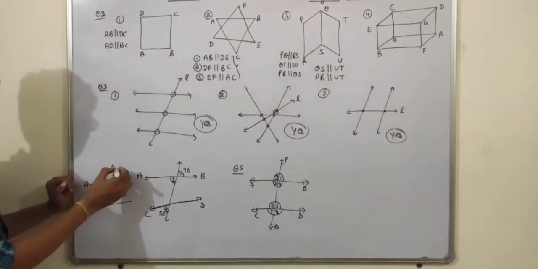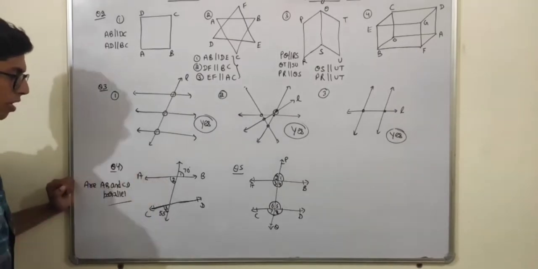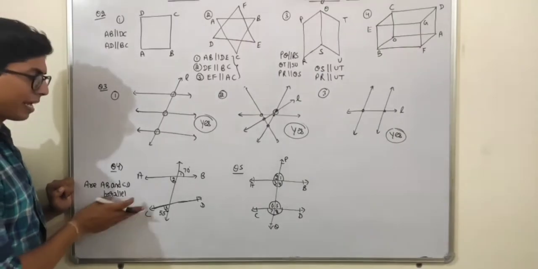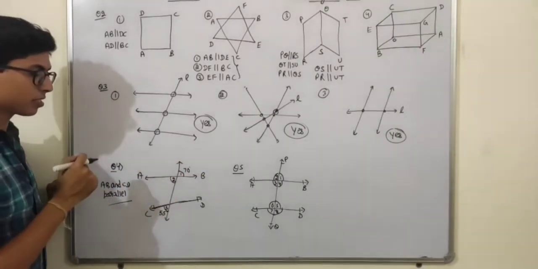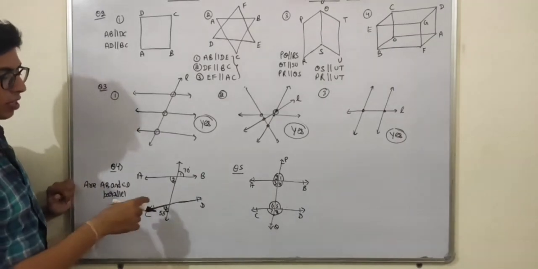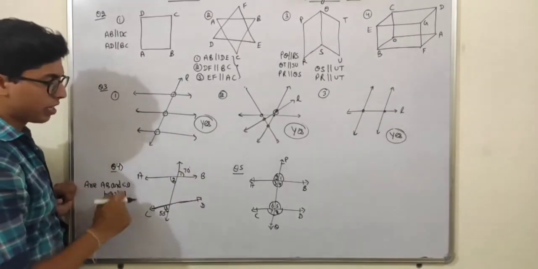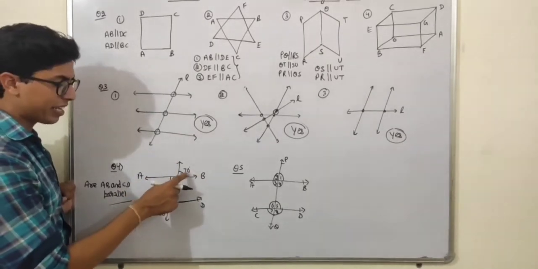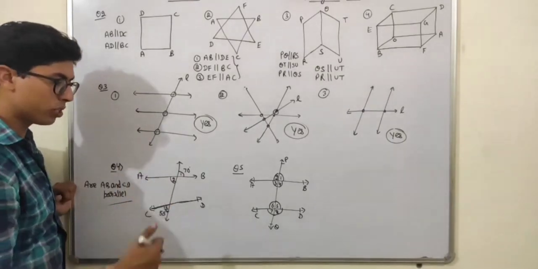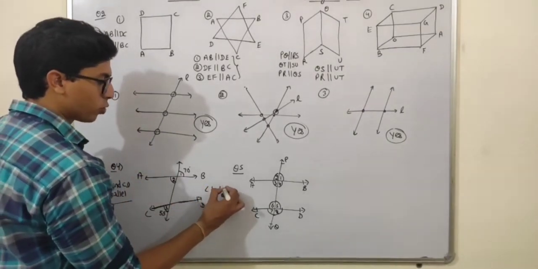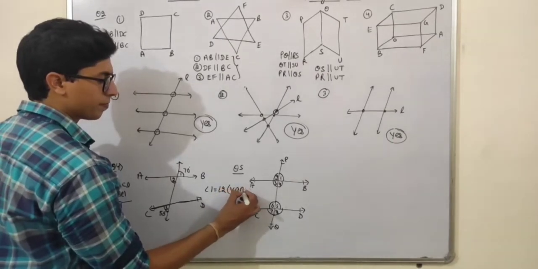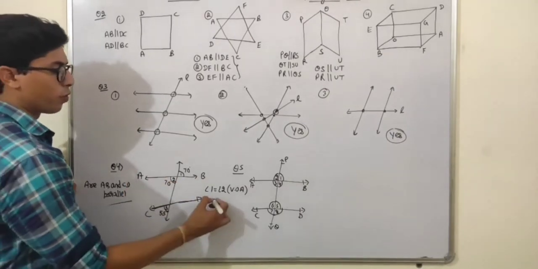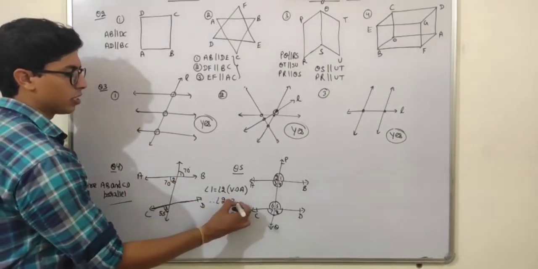Now in this case, students, question number 4, I have to check whether AP is parallel to CD or not. To check this, angle 1 is 70 degrees, as given. These two lines are intersecting lines. I can say that angle 1 is equal to angle 2 because of vertically opposite angles. So angle 2 is 70 degrees, students.